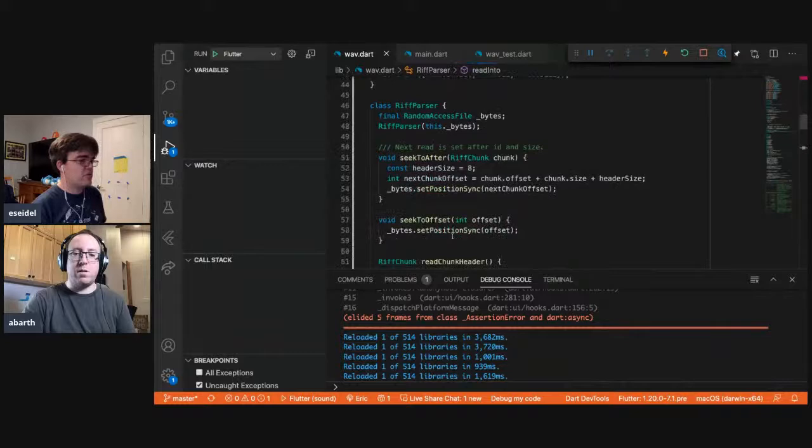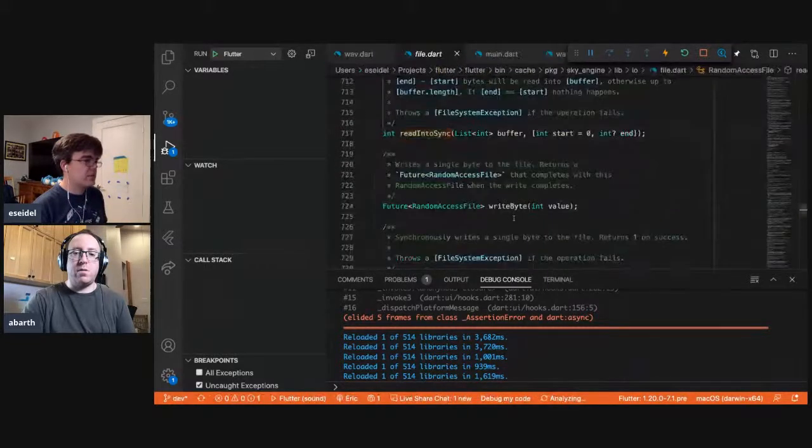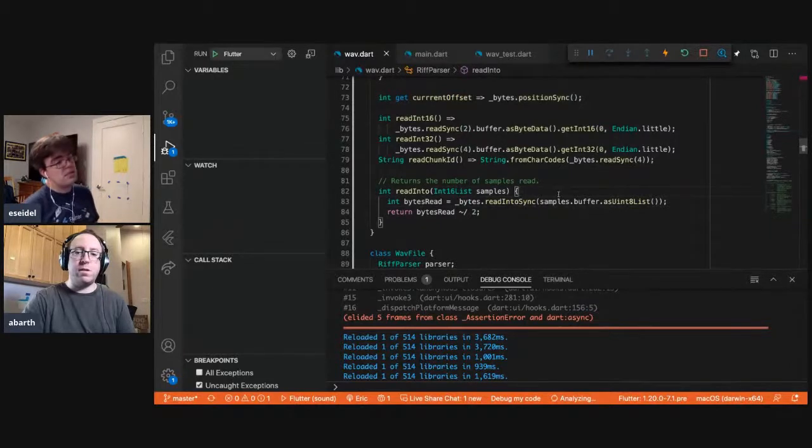Yeah, it doesn't know anything about the file format here. It does take an end. Yeah, so I think we want these exact same arguments on our version of that function. Read into. Well, the start is implied, right? Right. We're using the file as an iterator.